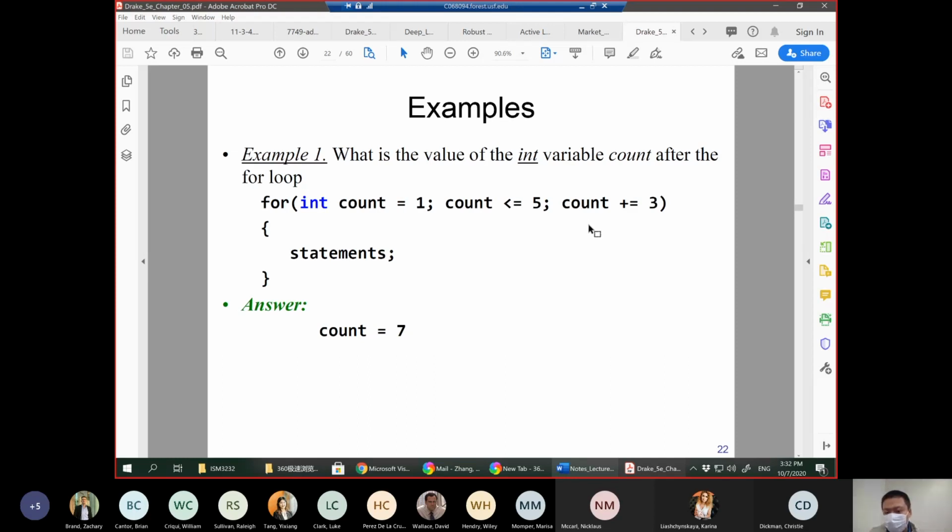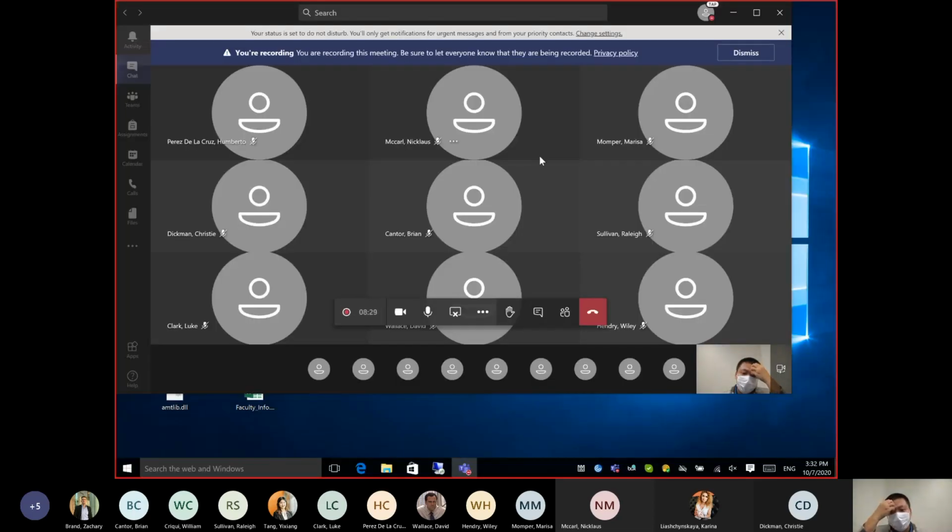Today let's finish chapter 5. So last time we learned 3 different types of loops. Okay, we learned the while loop, we learned the for loop, and we also learned